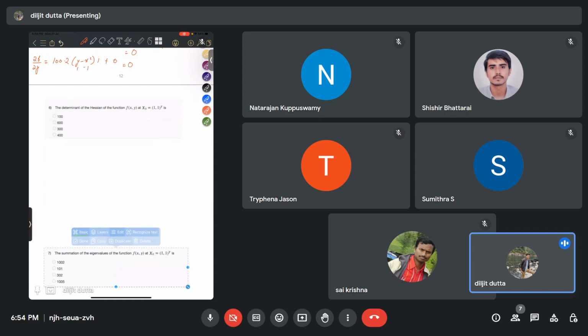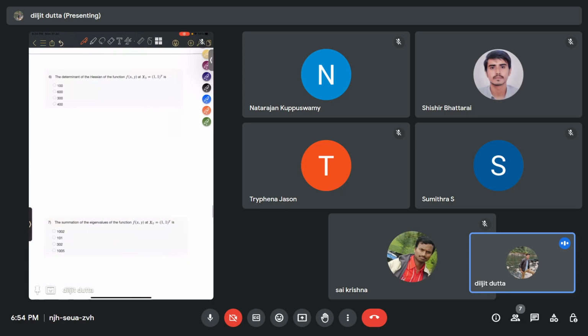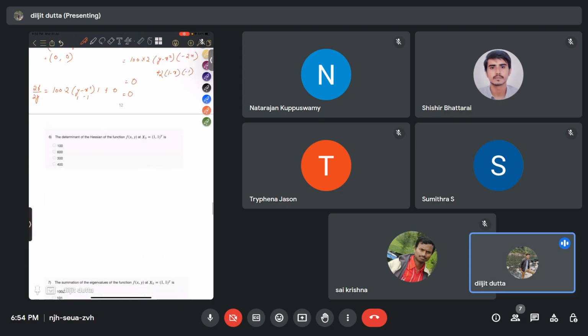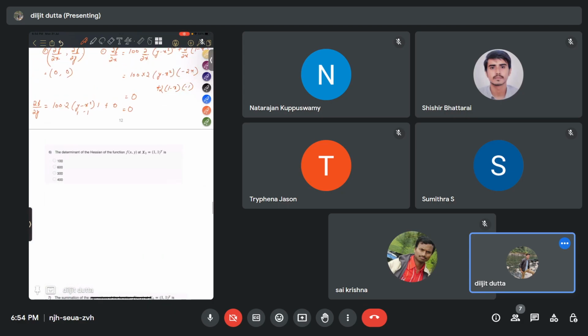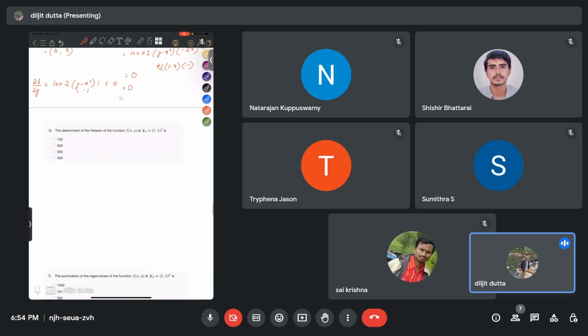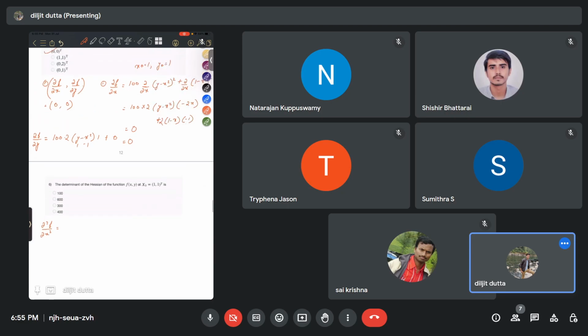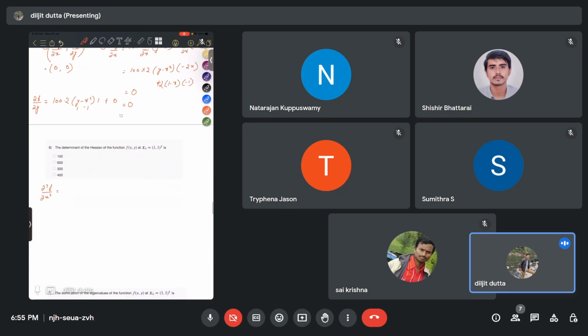Okay, so now we have to find the determinant of the Hessian of the function at x not equal to 1 comma 1. So what are the terms of the Hessian matrix? There are 4 terms. First is del square f by del x square. So for del square f by del x square, we take del f by del x, which is del by del x of,